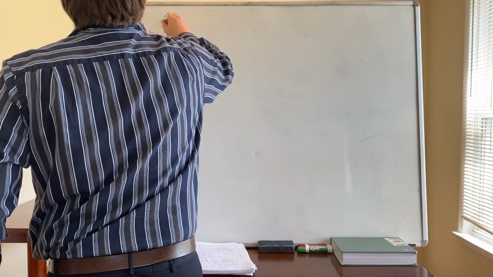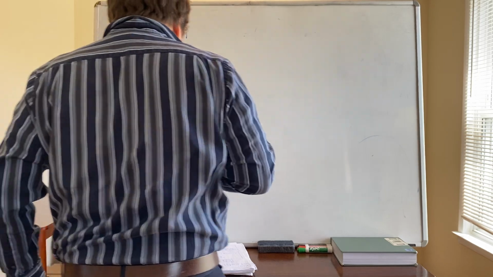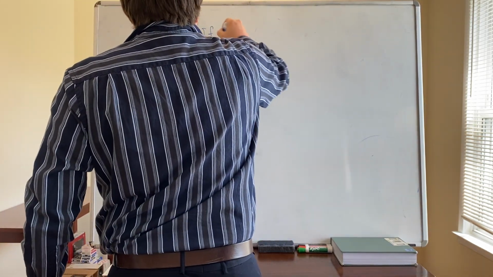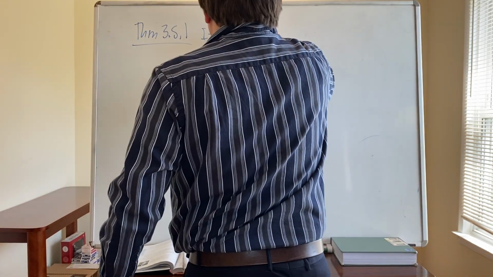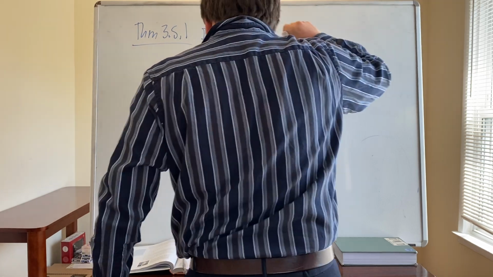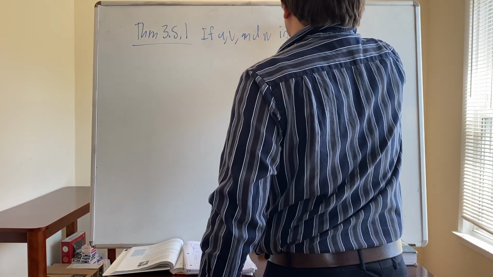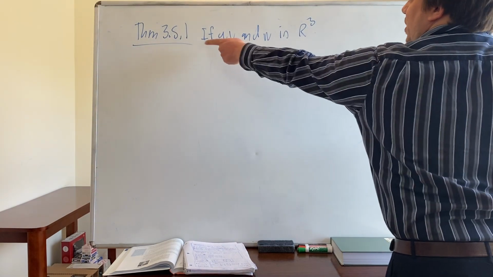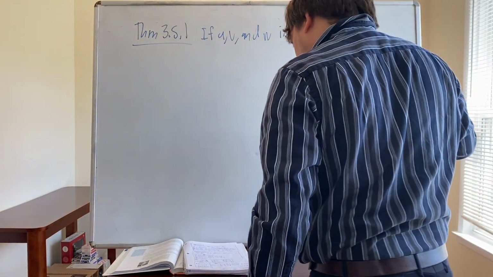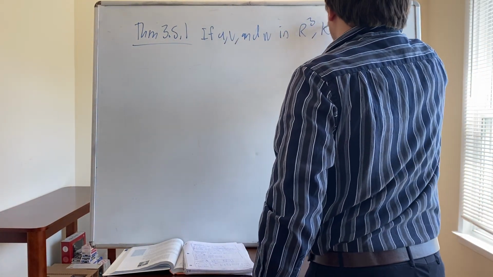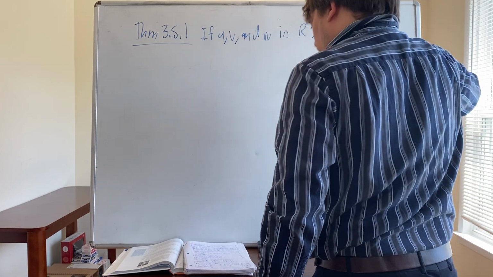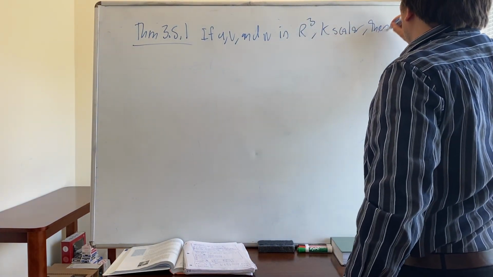So next is the theorem. This is theorem 3.5.1. If u, v, and w are vectors in 3 space, so I'm abbreviating this by saying u, v, and w are vectors in 3 space, and k is a scalar, then